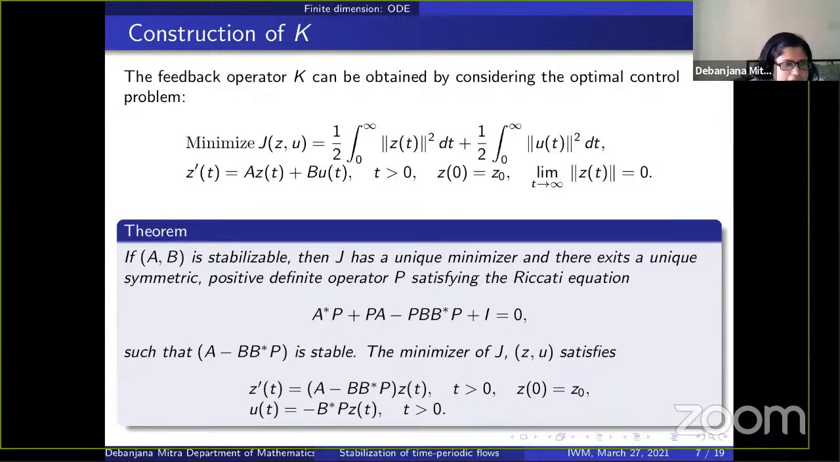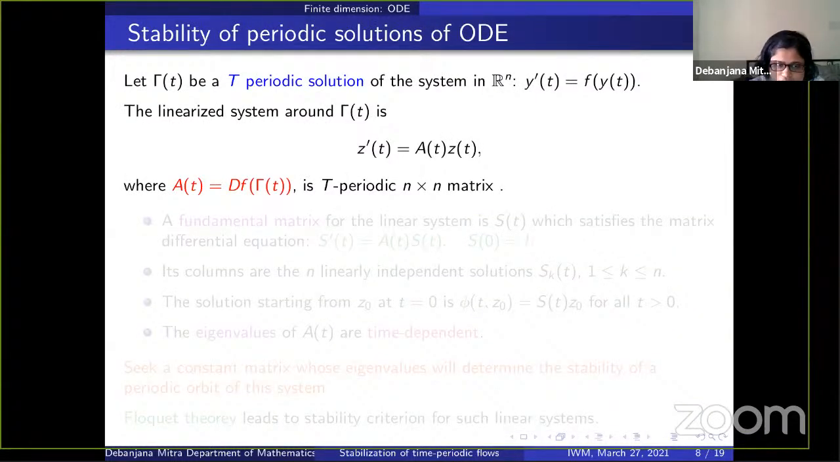So next, I want to see what will happen if we want to do the similar study for the periodic solution of the ODE. As we introduced earlier, gamma is a T periodic solution of the system, and it satisfies this dynamical system again. And then the main step is to linearize the system around this periodic trajectory, or say periodic orbit gamma. So if I do that, I will get again a system Z prime(t) is equal to A(t) Z(t), and now the